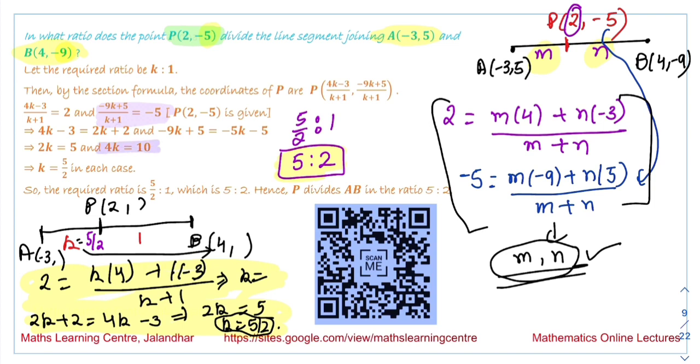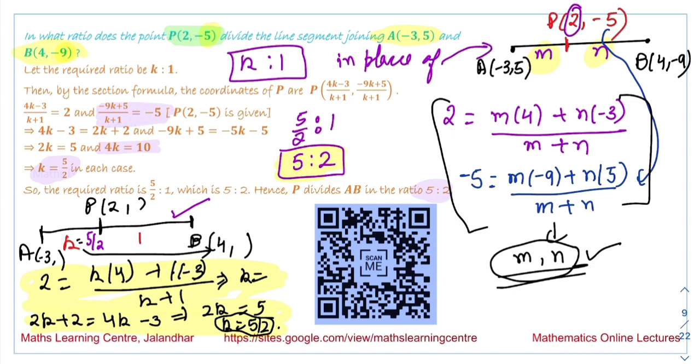And by solving this equation you will obtain the same value, that k is equal to 5/2. So the ratio you will get is 5:2. So it is easier to solve these kinds of problems by assuming the ratio as k:1 in place of m:n. You will obtain the answer by solving for m:n as well, and the same answer will be there, but by assuming the ratio as k:1, it is easier to solve these kinds of